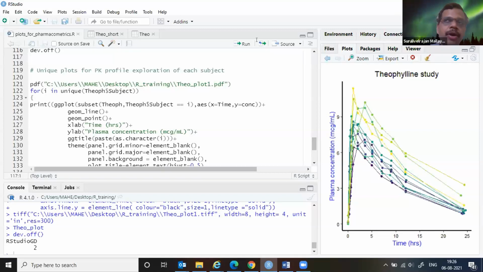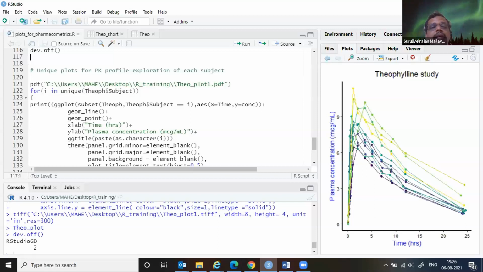So I'm giving the plot and I will try to explain here. As you understand, it says PDF, meaning I'm going to generate a PDF of plots. The path where I'm going to save this particular plot is given, and I'm calling it Theo plot 1 because I have another plot with the same name. So how this plot has to operate is: for i in unique Theo dollar subject.